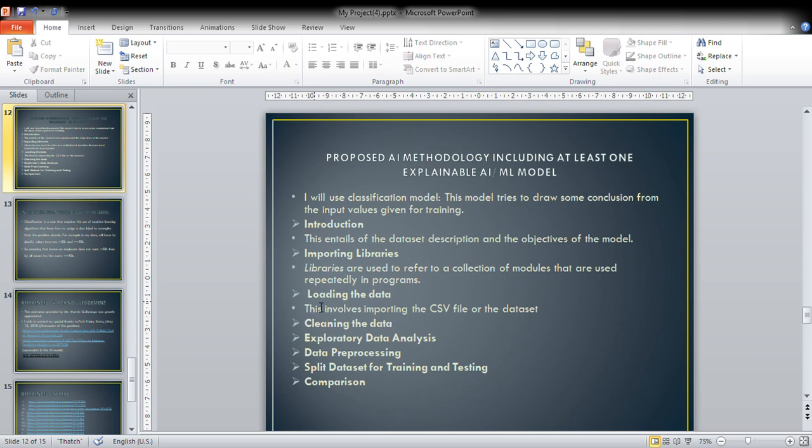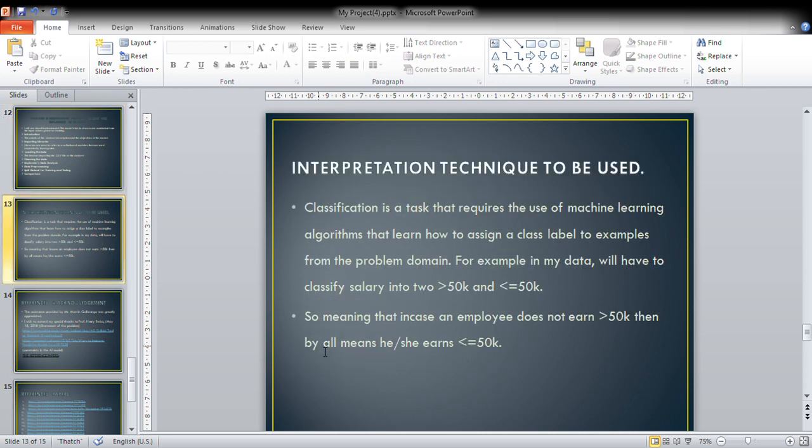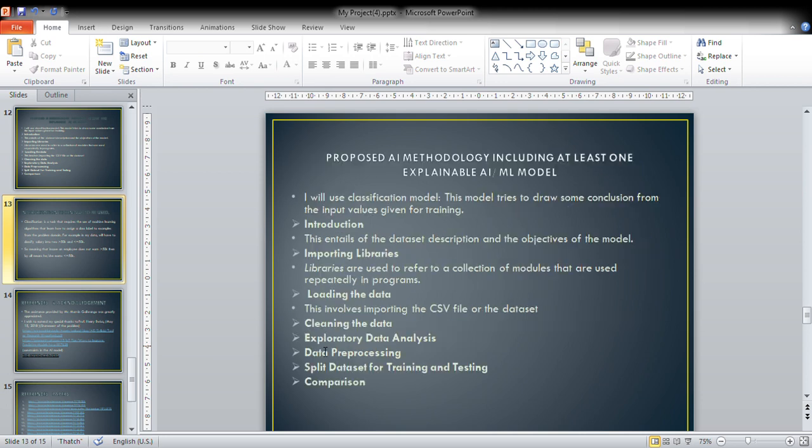Then the proposed methodology. I'll use this methodology to go ahead and implement my model. I'll import libraries and load data. I clean the data, I explore, and then I do the preprocessing, I do the splitting, and then I do the comparison. I make sure that my data is accurate and makes better decisions. The interpretation of the techniques to be used: of course, it's a classification model that I'll follow, to go ahead and do the methodology. This methodology, I'll explain in detail